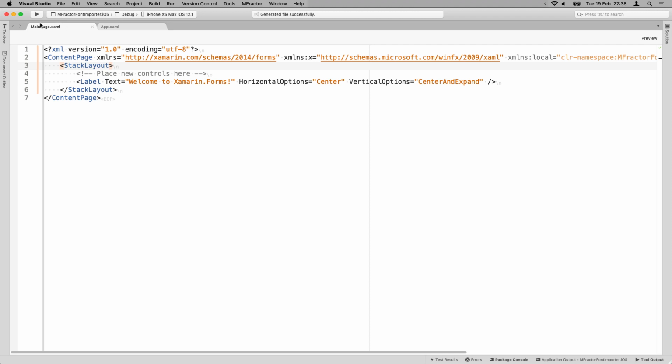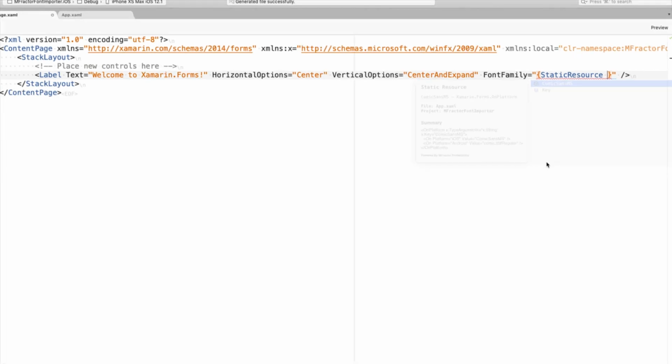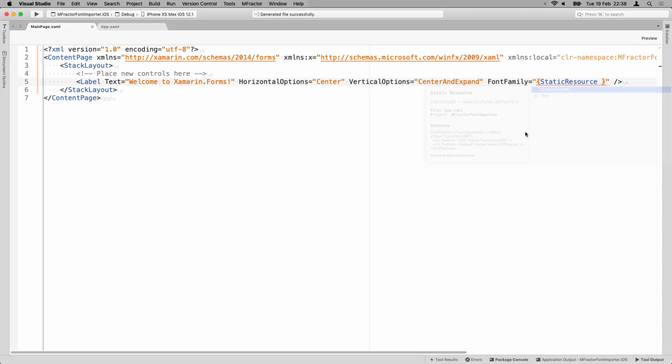And I can go back to my main page, to the label, and I can say the font family is static resource. Whoops, have to add the quotes here. Static resource, come on, static resource. And I can say Comic Sans MS. You can see this tooltip here, also by MFractor. It might be a bit small to read here. It also gives you a lot of IntelliSense helpers, and you can see what the contents are. So I'm just going to hit enter here and save this, and now when I run again,